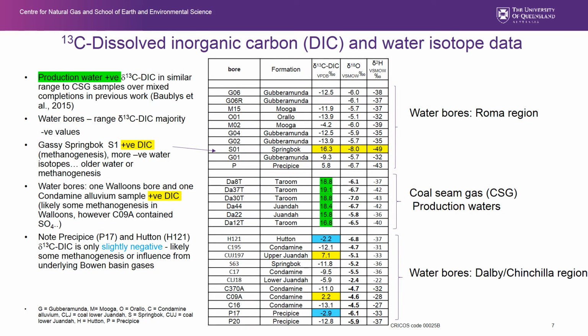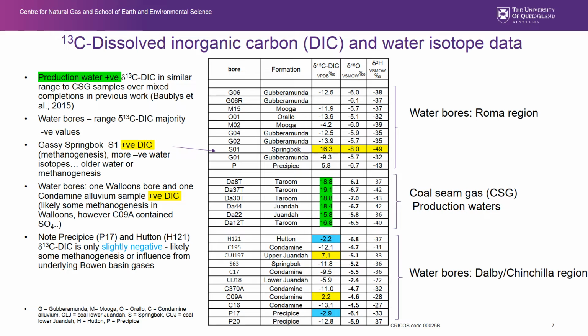For 13C of dissolved inorganic carbon, the production waters, highlighted in green here, are positive for 13C DIC values, which is quite consistent with previous work. And then for the water bores, we can see a range of 13C DIC, mostly with negative signatures consistent with recharge. The gassy Springbok, highlighted nearer the top in yellow, however, has quite a positive 13C DIC signature, and it also has more depleted water isotopes,